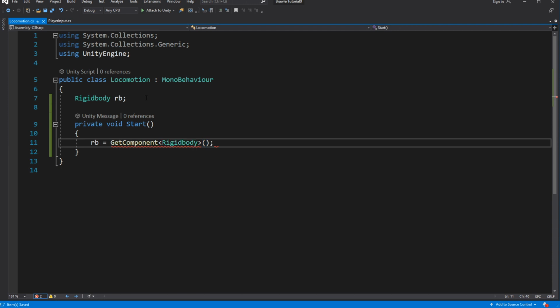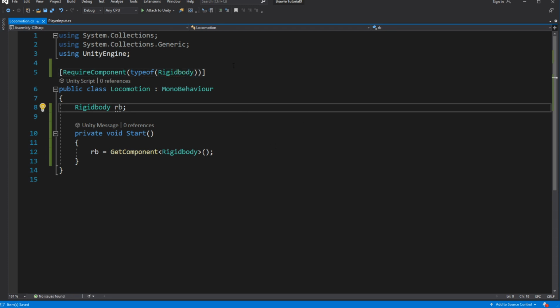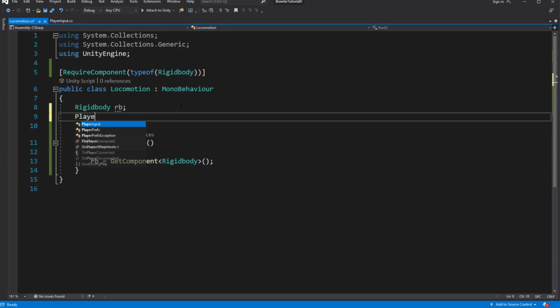Because our locomotion cannot work without a rigid body, let's add the RequireComponent Rigidbody. Then we need a PlayerInput reference. Store the reference on the Start.